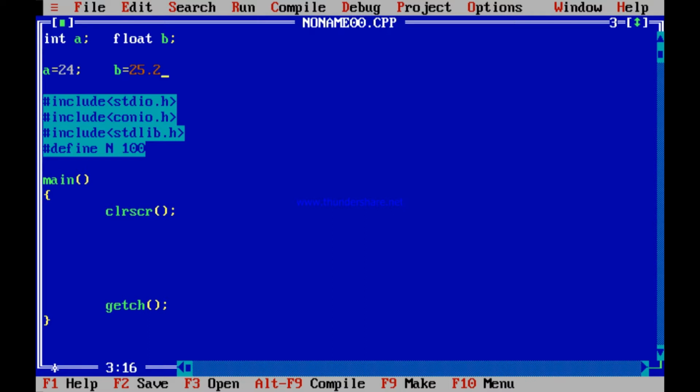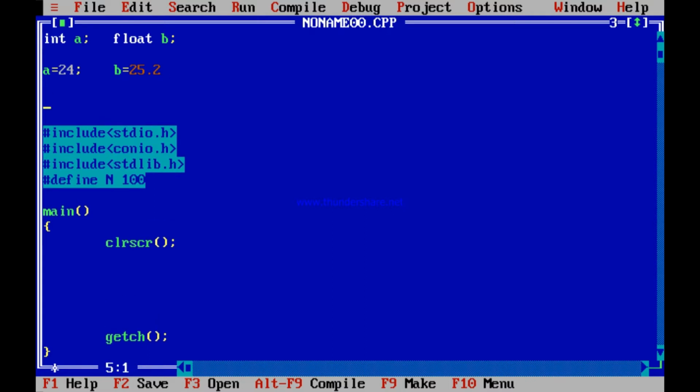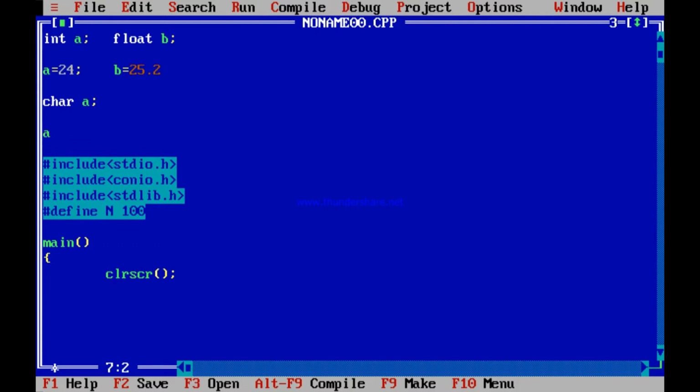What is the third data type that I introduce today? It is character, C-H-A-R, char. So if you write char a, what does it mean? It means you can assign a certain character to it, like a is equal to, maybe you write f. F is a character. F is just one character. Or you can write, say, h, maybe o, maybe p. Any character you can assign to it.